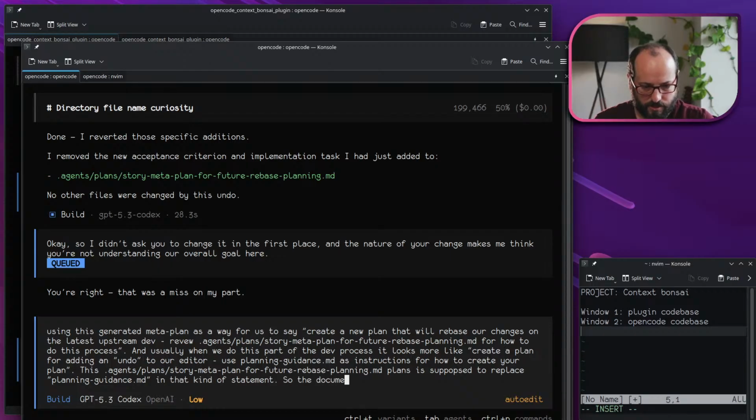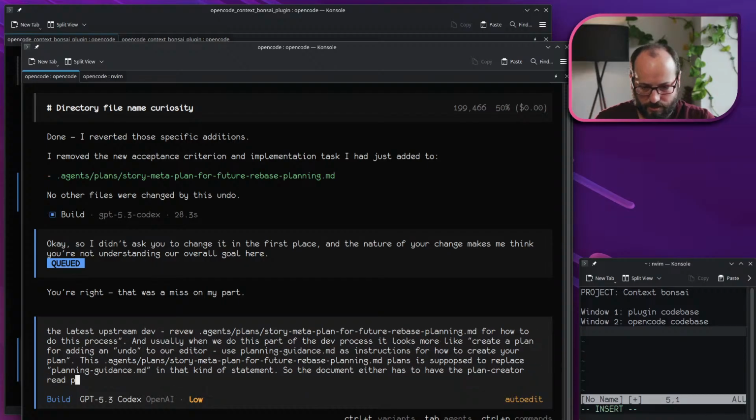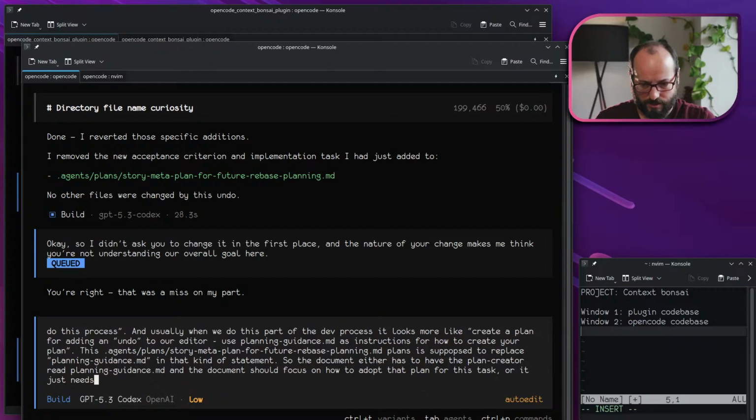So the document either has to have the plan creator read planningguidance.md, and the document should focus on how to adopt that plan for this task, or it just needs to directly